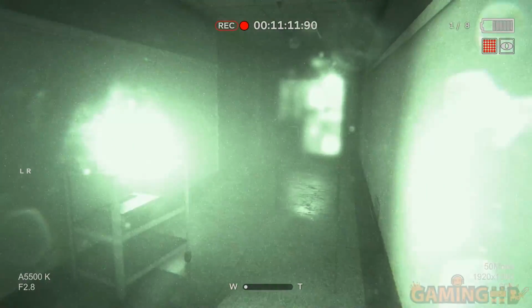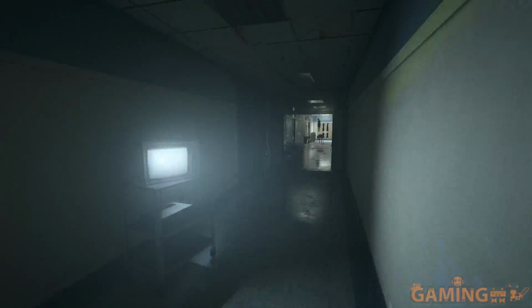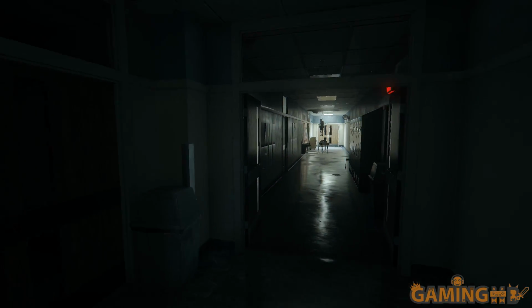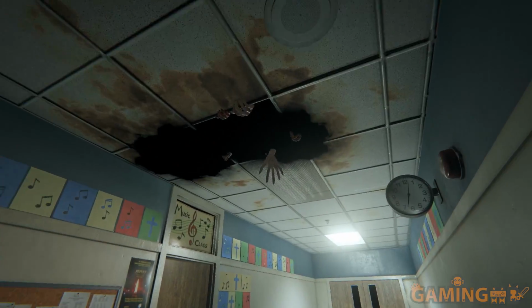Hello! What are you doing there? Ah, that thing's blinding me. So, up ahead we can see a hanged girl, probably Jessica. No, Jessica. Oh, exit. No, Jessica. Okay, that's... that's hands in the...